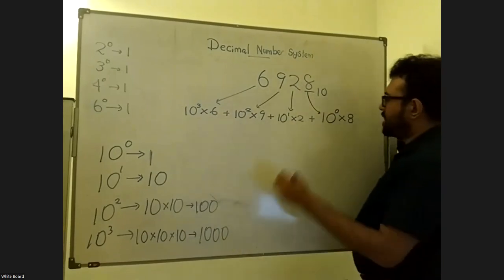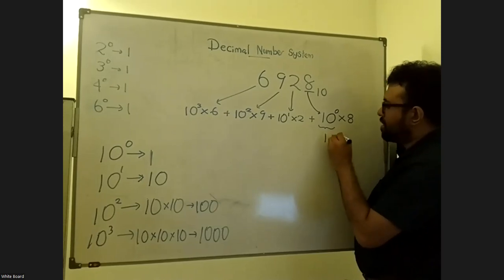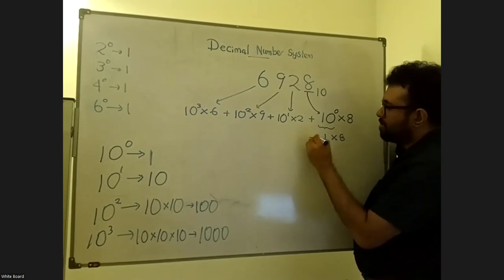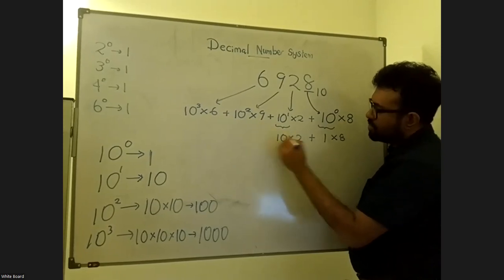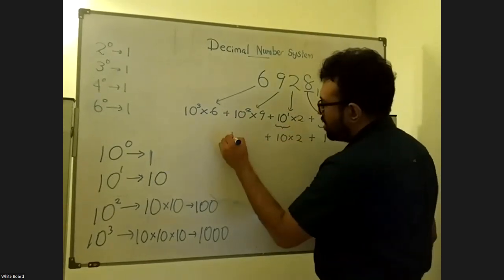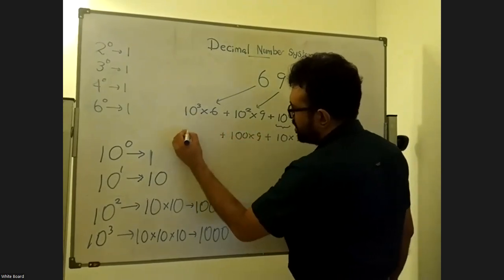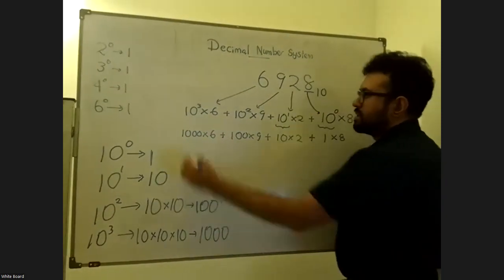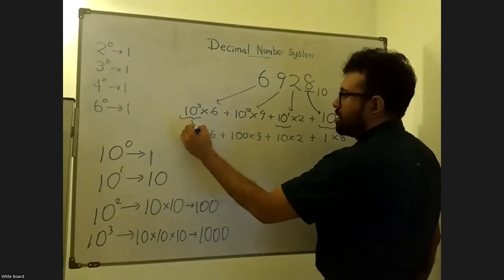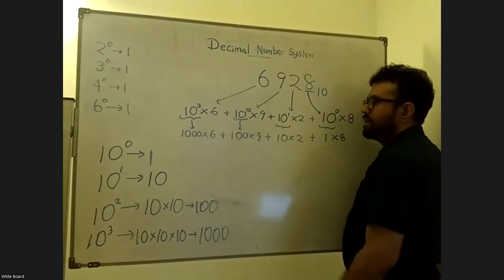So starting from here, 10 to the power 0 is going to be 1. We have to multiply it by 8, plus 10 to the power 1 is going to be 10 multiplied by 2. 10 to the power 2 is going to be 100 multiplied by 9. 10 to the power 3 is going to be 1000 multiplied by 6. Right? That's all these values of the inside. Okay. Now,